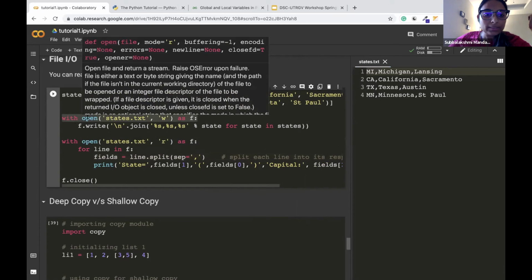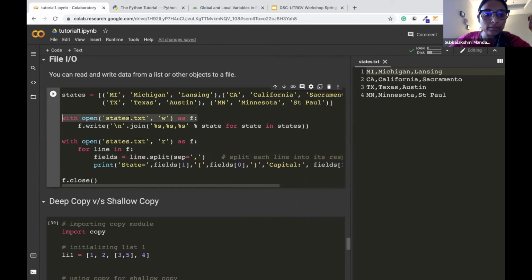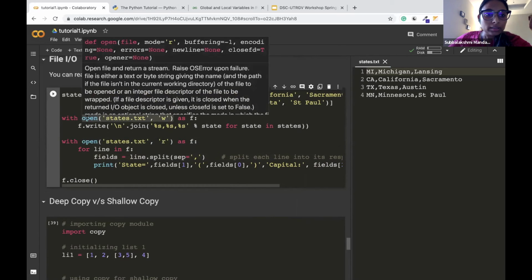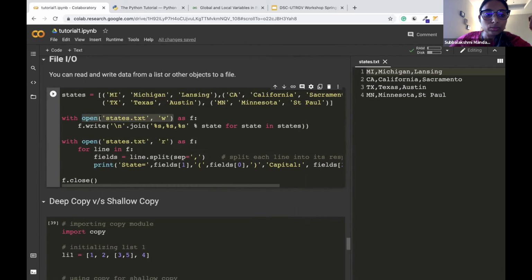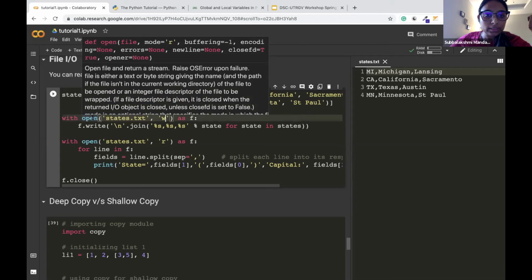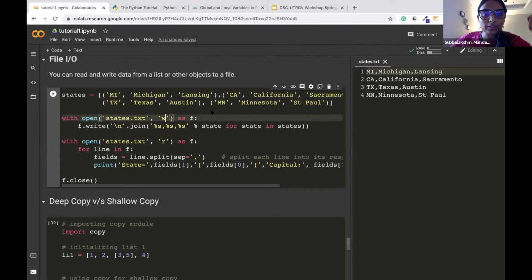So this is basically used to open the file. This method is used to open the file. In this method, you send in the name of the file along with the mode in which the file is to be opened. There are multiple modes. You can have read mode, you can have write mode. The difference between the two is that in read mode, you cannot make any changes to the file. In write mode, you want to add something or modify something. So again, if I try to run this,